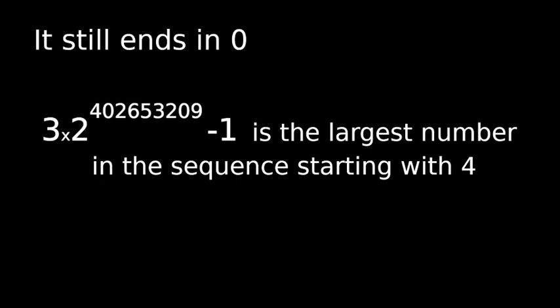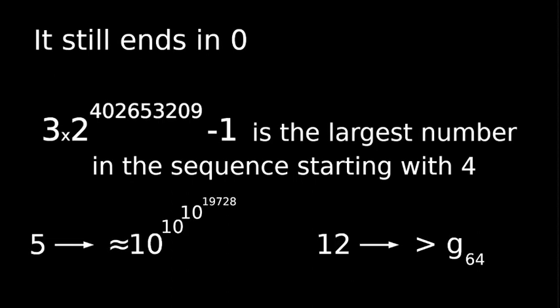And the largest number it reaches is our mega number, 3 times 2 to the power of 402,653,209 minus 1. And from here on things get really wild. If we had started with 5, the sequence also eventually stops, but the largest number it reaches is on the ballpark of 10 to the power of 10 to the power of 10 to the power of 19,728. If we had started at 12, we would be way past Graham's number before the sequence finally drops back